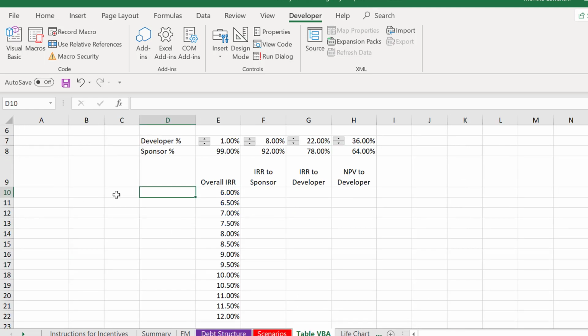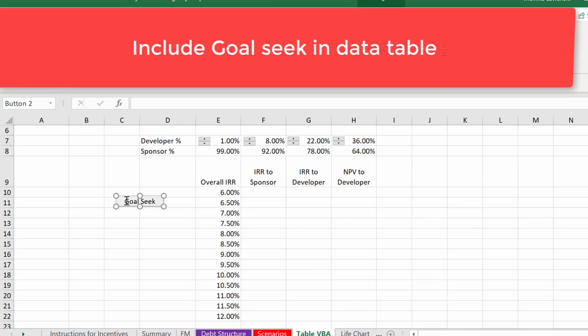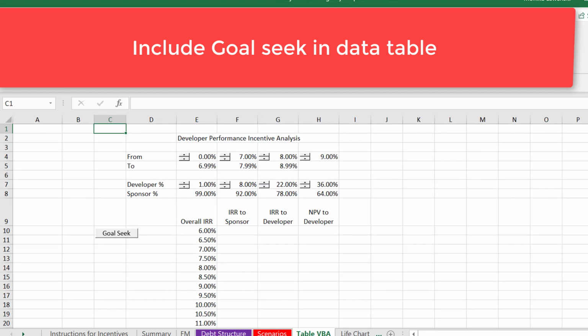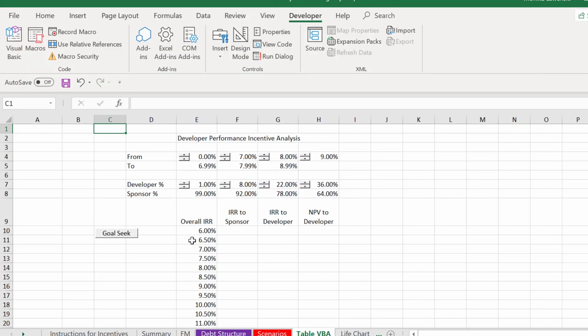So now I'm setting up this data table, and this data table would be totally useless for about 8 reasons. The biggest reason, you couldn't put it on a different page. The second reason, you couldn't use a goal seek. So we're going to use a goal seek and test these different structures. Isn't that fascinating? And we might even have a little graph that shows, here's the overall IRR, here's how much the sponsor gets and the developer, and we could put the NPV to the developer if we don't like that,